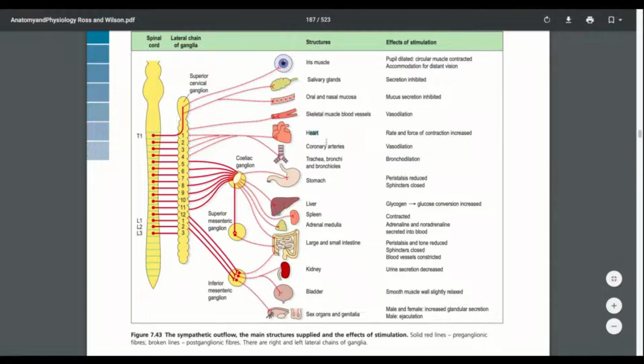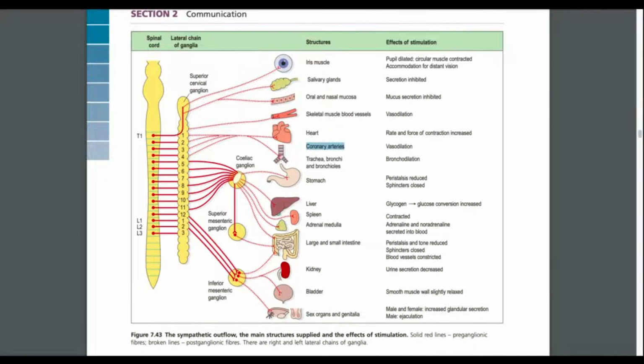That's why when patients take the puff of bronchodilator medicine, they feel the heart is palpitating. That is due to the sympathetic effect. We are giving the medicine to stimulate the sympathetic nervous system and do the bronchodilation, but the heart rate will also start to